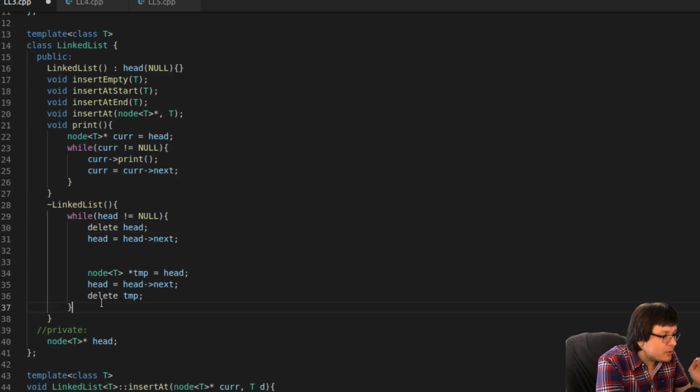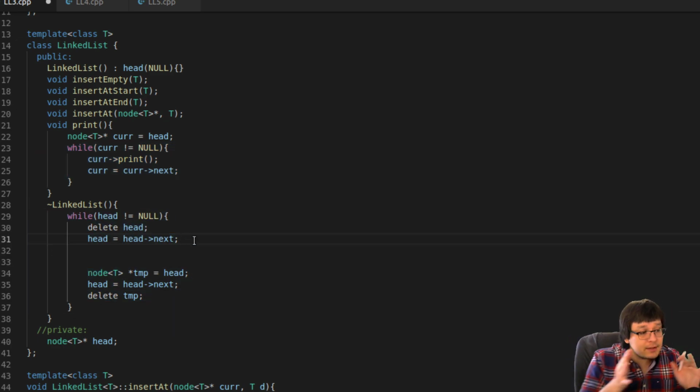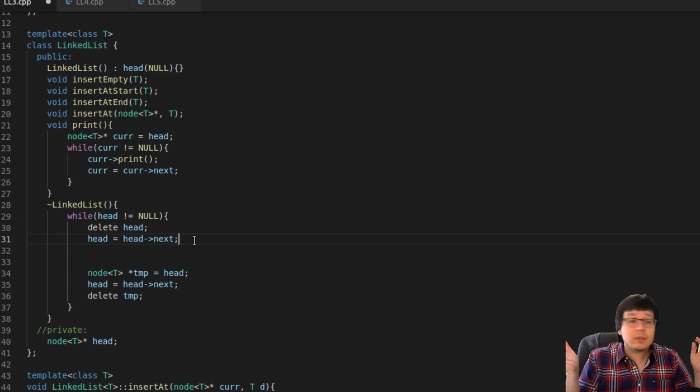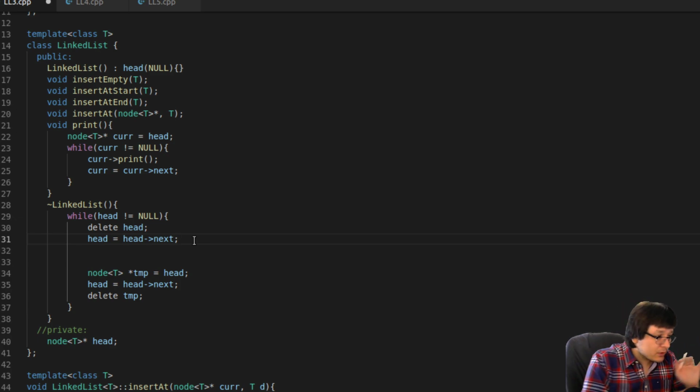The exception that I'm making here in the deallocation is because, A, this is the destructor of this class, which means I'm never going to use it again, so it doesn't matter what head points to. In fact, part of avoiding dangling pointers is to delete and then set a pointer to null so you can't access things by accident. That would be the equivalent of getting rid of all the copies of your old apartment, all the old keys and all the old phone books that have the address of your old apartment, so you don't accidentally go there. That's essentially what you're doing when you're setting something to null.